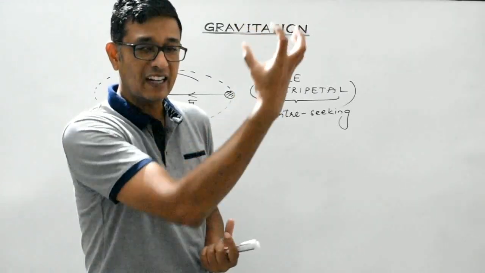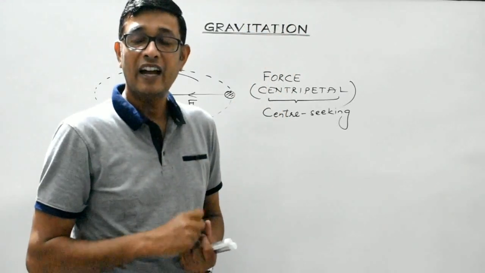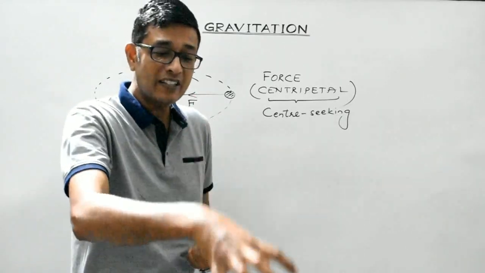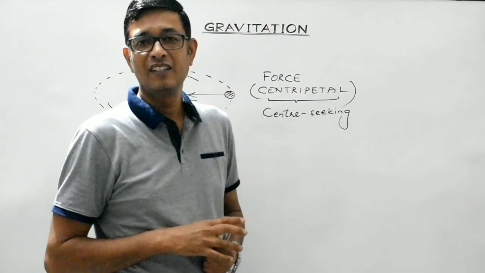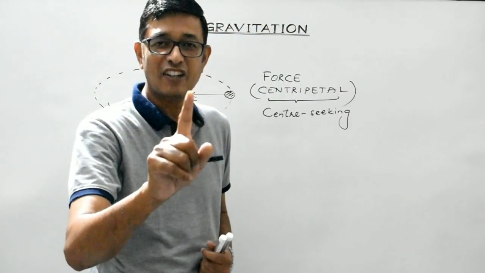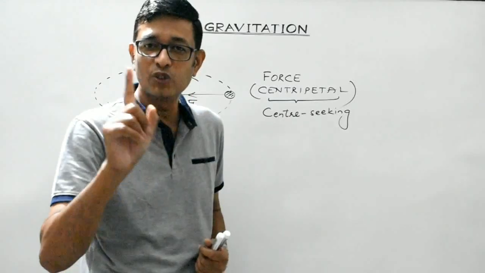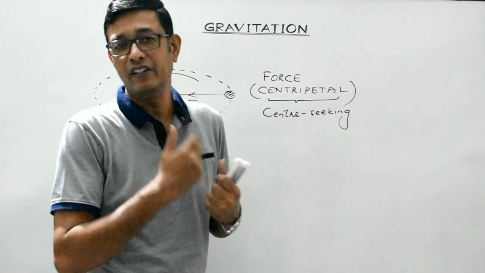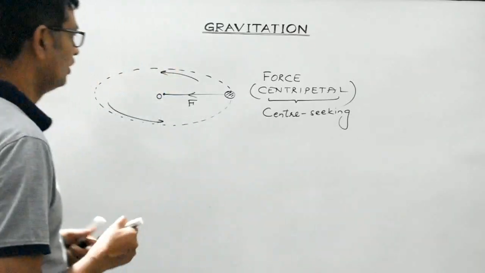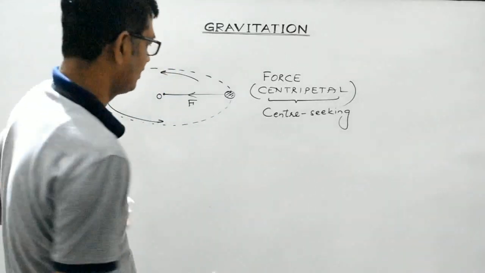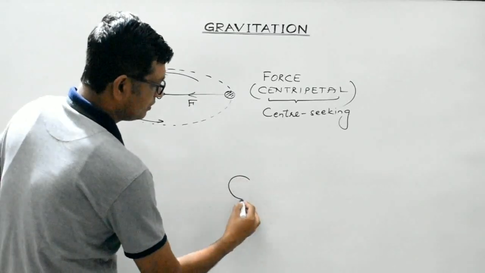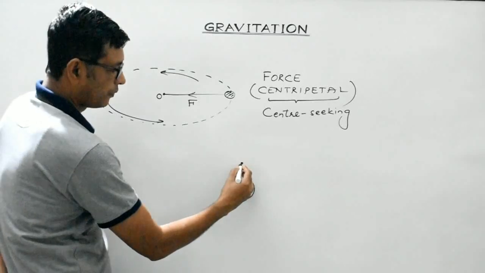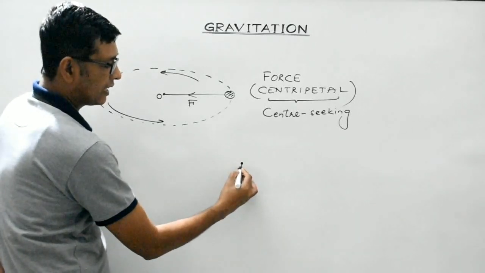Earth attracts the apple towards itself, and as per Newton's third law, the apple must be attracting the Earth towards itself. We are aware that to each and every action there always exists an equal and opposite reaction. The forces always exist in pairs, equal and opposite pairs, isn't it? So let's consider the apple-Earth case. Suppose this is the Earth and this is the apple. Let us consider this. So these two are getting attracted.